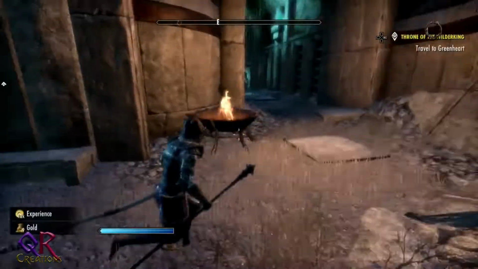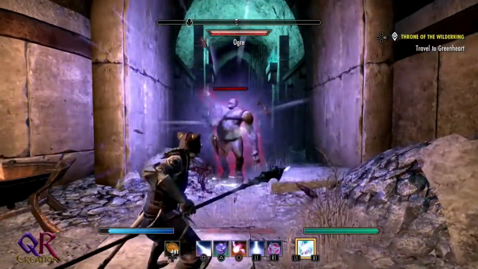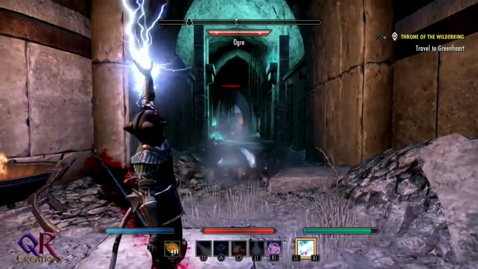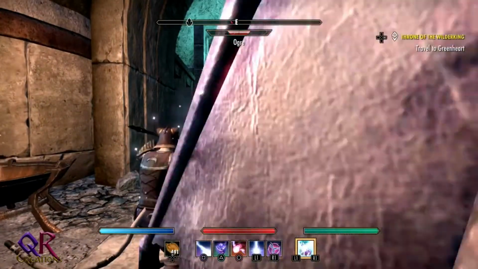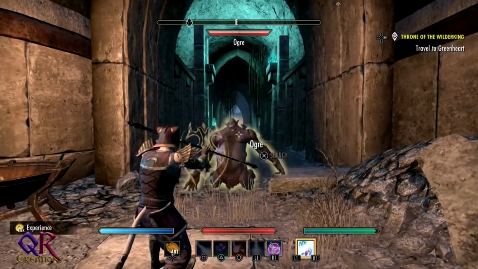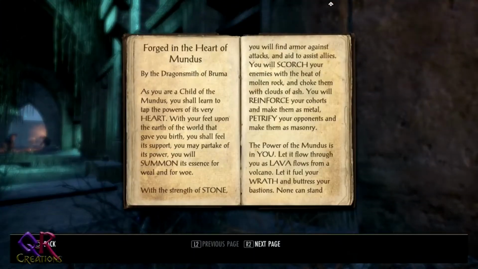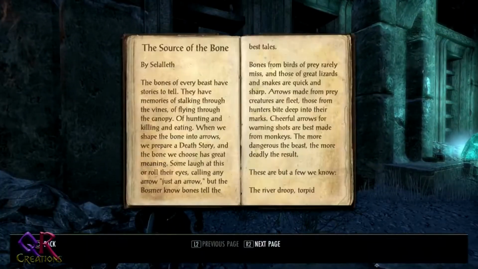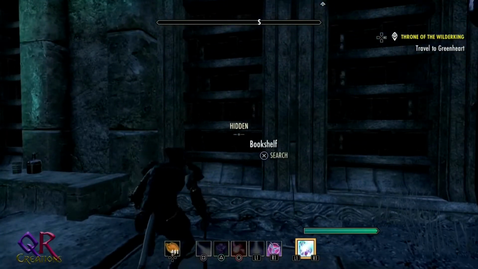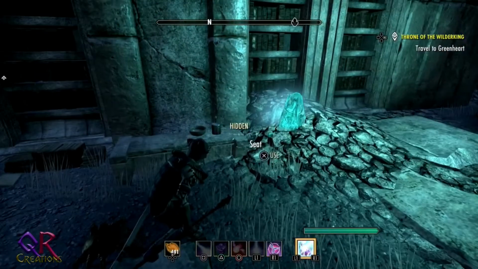Okay, so now... No, not yet. Oh, bookshelves! Also ogres, but bookshelves! What? Oh. My Adobe Cloud decided to tell me that it had an update. That's fine. Just update. I should have it on auto update, so I don't know why. Okay. Source of bone. Dwimwood. Why was that in black? Well, dark, not black, but...